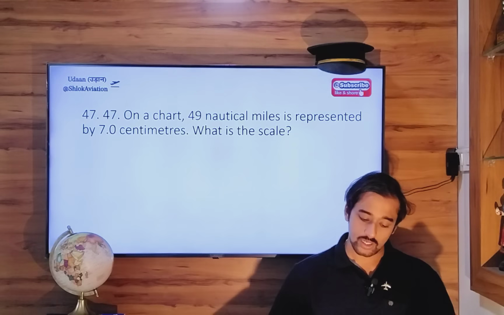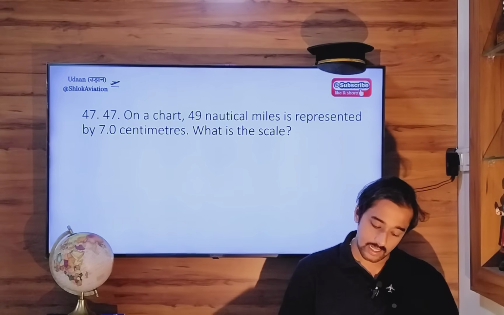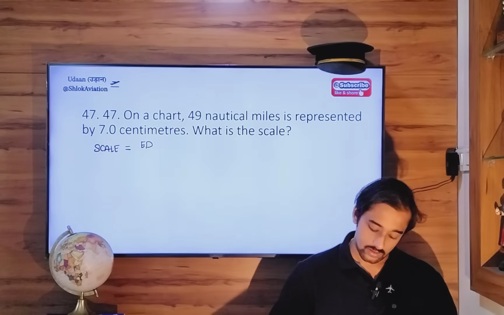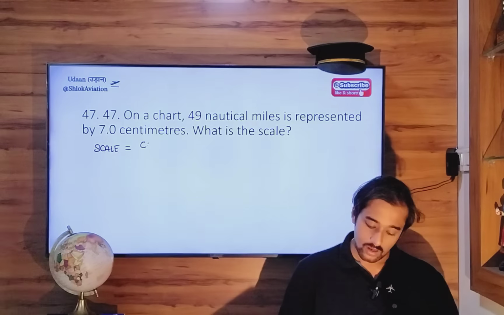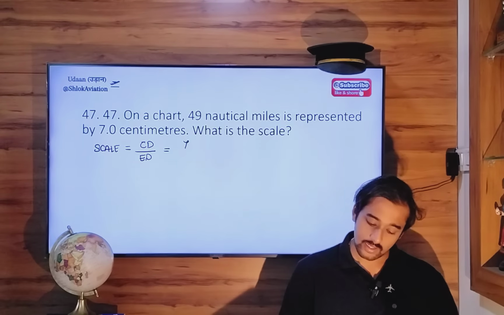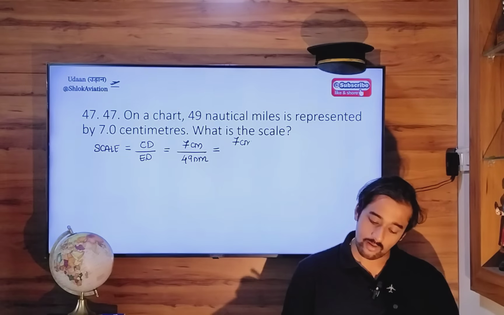Let's go to next question 47. On a chart, 49 miles is represented by 7 centimeters. What is the scale? Scale equals chart distance upon earth distance. Now chart is 7 centimeter. This is 49 nautical miles. 7 centimeter divided by